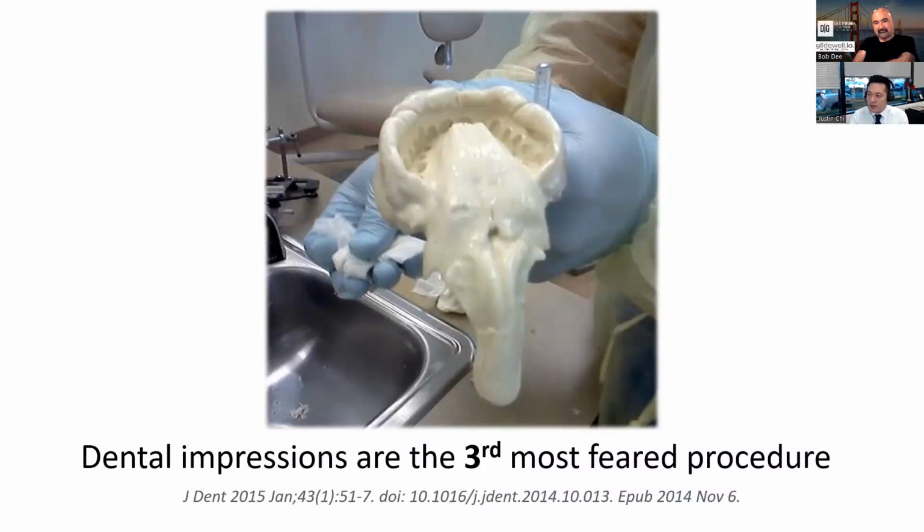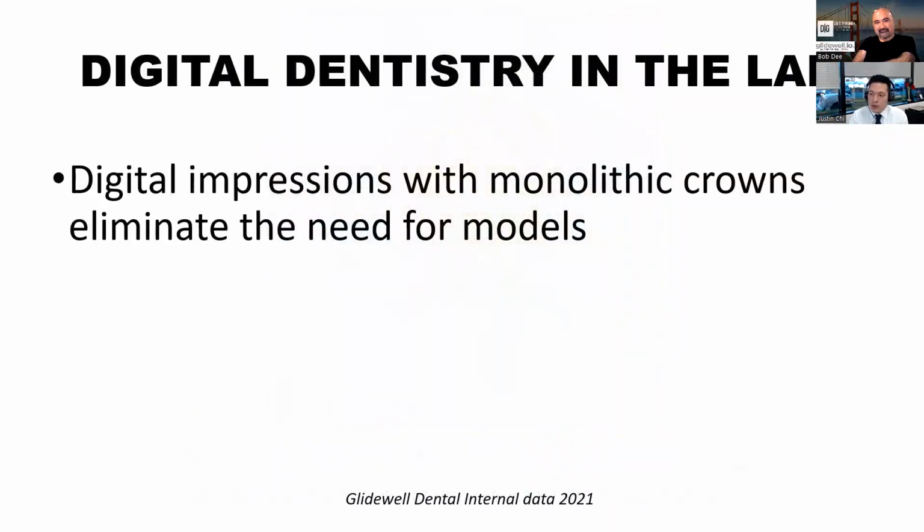And it's no wonder, taking this photo into account. I just pulled it off of Google. Hopefully that patient made it. But since we get impressions of both types, we do have a really good understanding of the remake rates of